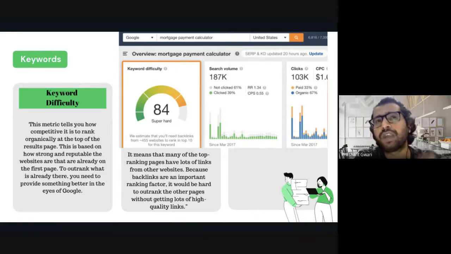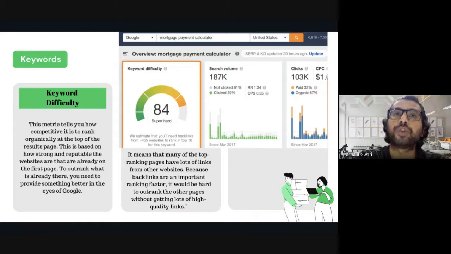Now let's say 200 companies are targeting the same keyword, and the keyword is best digital marketing courses, and the place on the first page of a search engine is only for 4 to 5 websites. So who will win this? Those websites which are reputable and were doing business before you will win this race.